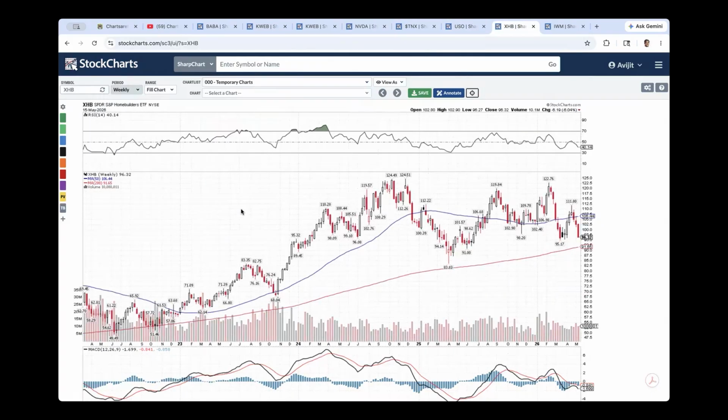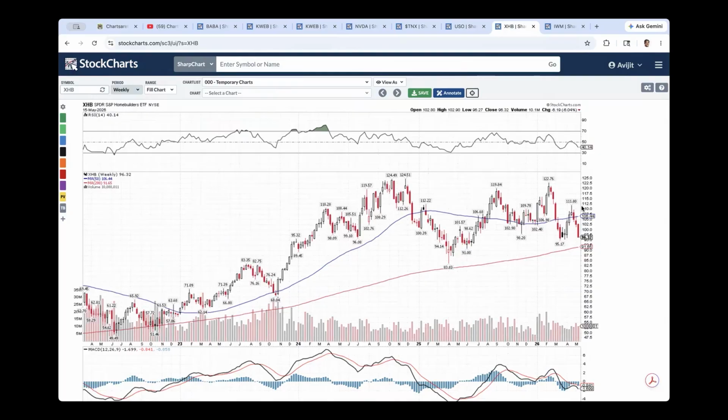If you look at the housing sector ETF XHP, this is sending us a topping pattern. A topping pattern in the sense that when it topped from climbing from 83 to 110 to 124.5, higher highs in price, lower highs in RSI. That's a classic negative divergence-based topping pattern. It pulled back sharply from 124 to 83. It came back, tried to reclaim that high, failed at a lower high from 124.5. It failed at a lower high at 122.76.